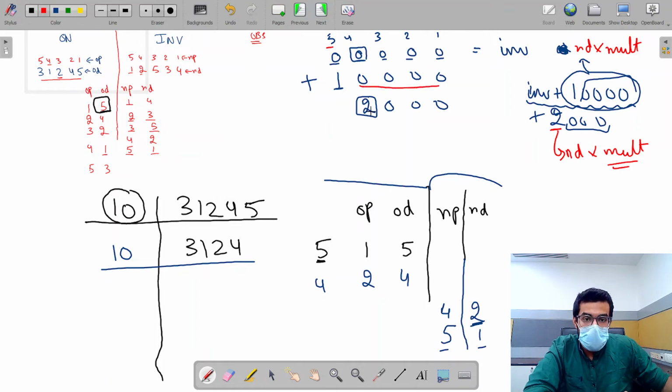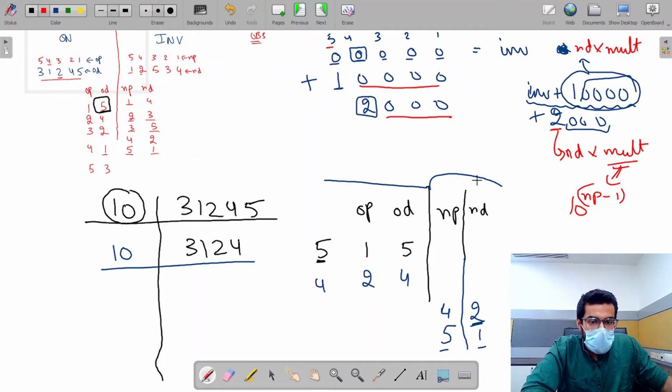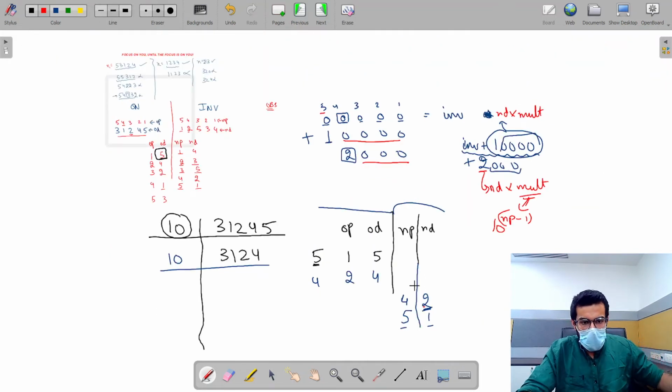And when the position is 4, the number of zeros in the multiplier is 3. So the multiplier is nothing but 10 to the power. If the position is np, then the multiplier is 10 to the power np minus 1. Each time I get this value, what I have to do is add it to the already calculated value of inverse. So up till here it has become very easy.